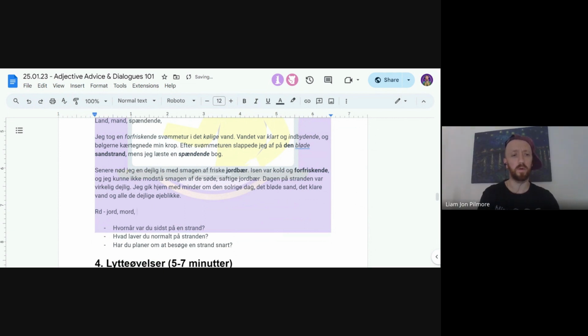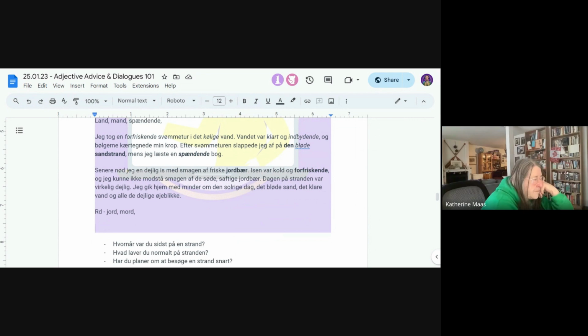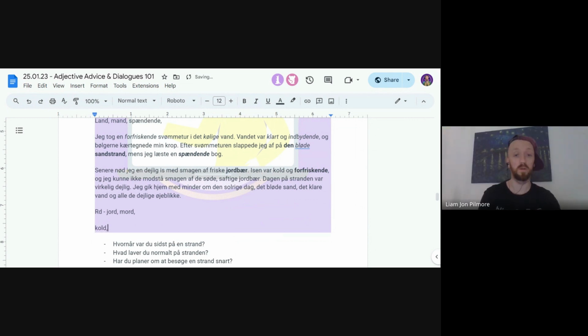Jeg kan faktisk ikke tænke på flere ord lige nu. Men det sker meget tit, when the D is after a consonant, either at the end of the word or at the end of a syllable, it will be silent. So this could be an L, for example, with cod and hod and so on. And for friskende, this was the middle part here. Frisk, it's not friskende, but friskende. Often the vowel sound sinks, if you like, because of the R. There's many words where you could read it like frisk, but really it's frisk. The same happens with words like recti, right? It's not recti, but recti. So it comes down a level, if that makes sense.